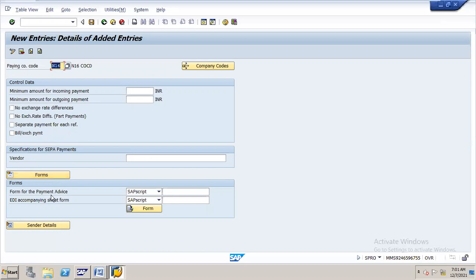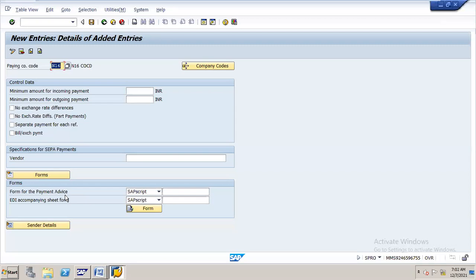What is this payment advice note? We are sending one payment advice note to the vendor telling him these are the invoices we are going to pay, on so-and-so date, and these are the house banks we are going to use, these are the document numbers. Everything is information we send before you clear the payment through APP. So we are just sending the information.